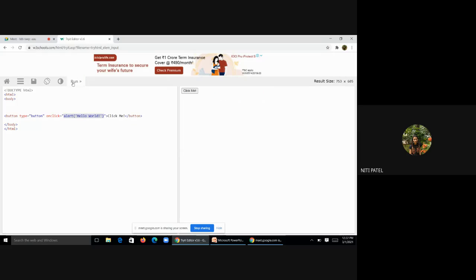So when I run this, I have a button. Button का नाम click me क्यों है? Because I have mentioned that it should be click me. जब click किया तब क्या होगा? एक alert message generate होगा. So let us try to click, and alert message is generated. Can you see that? Hello world. Yes or no? Yes, ma'am. This is how you can create a button, and you can give events like on click on the button. Okay.